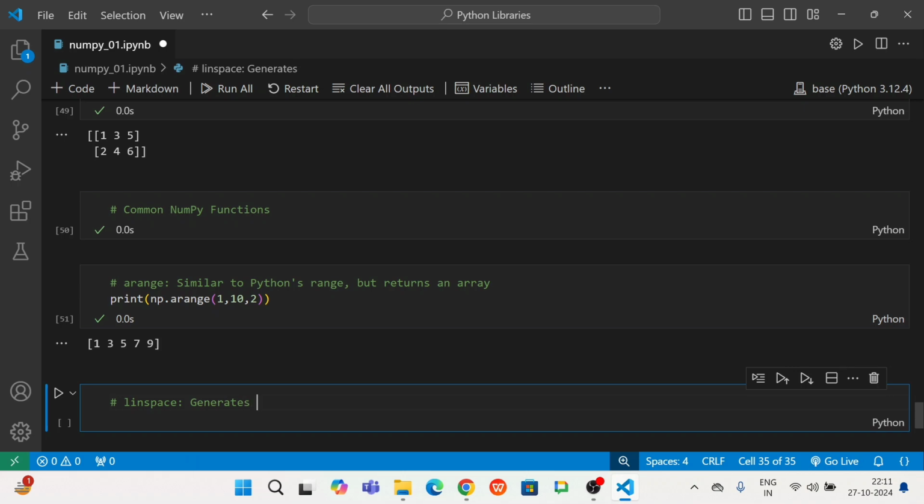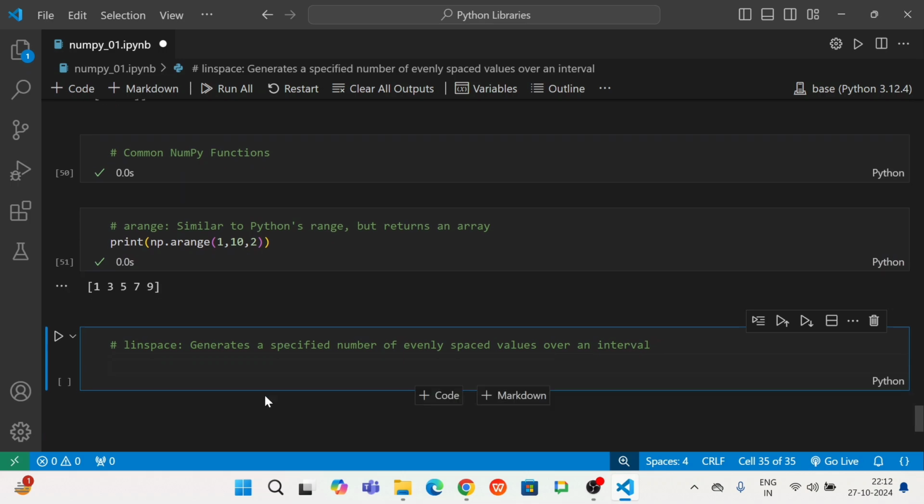Linspace, प्रोनाउंस कैसा करना है आपकी मर्जी पे, लाइन स्पेस बोलो या कुछ भी बोलो। It generates a specified number of evenly spaced values over an interval. सही है, तो इसका मतलब ये होता है कि सपोज मैं प्रोवाइड कर रहा हूँ 0 1 5, तो आपको एक सर्टेन इंटरवल की वैल्यू के बीच में रेंज मिलेगी। डेफिनेशन से तो कुछ समझ में नहीं आएगा, एकदम सिंपल आपको प्रिंट करके बताऊंगा, और उसके वेरिएशंस आपको करना है डिफरेंट डिफरेंट।